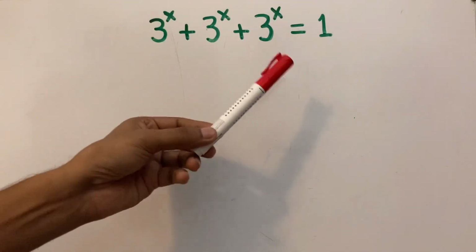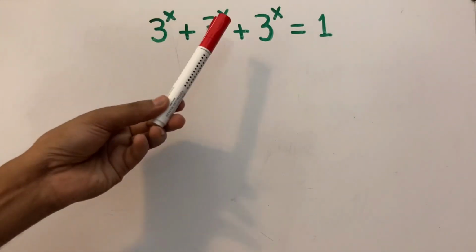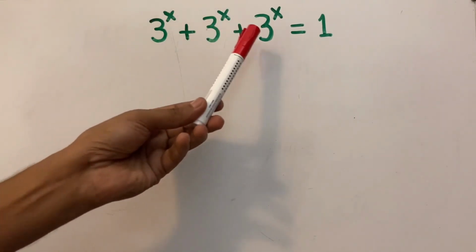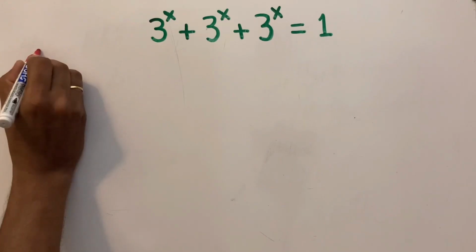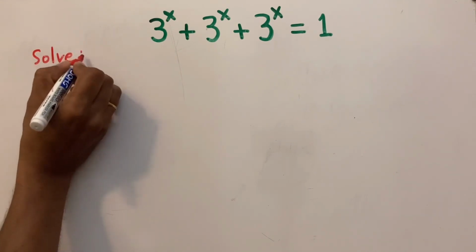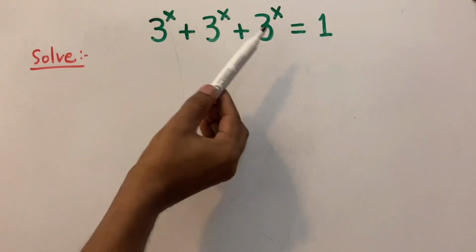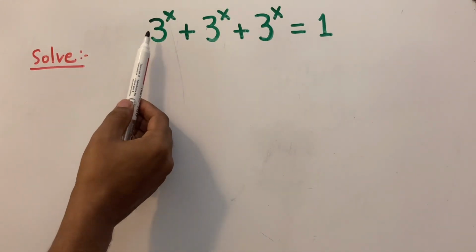In this exponential equation, you have to find the value of x when 3 to the power x plus 3 to the power x plus 3 to the power x equals 1. As you can see, 3 to the power x is repeating here, so we can take 3 to the power